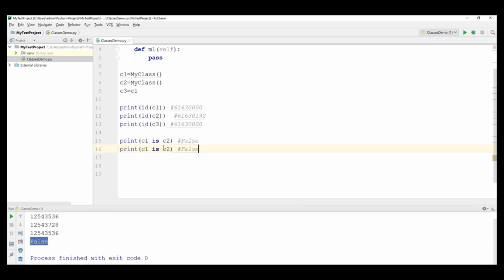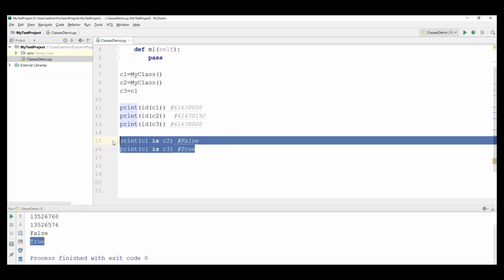Suppose I say c1 is c3. Yes, c1 is c3, and this should return true. So when I run this, it should return true. Perfectly right. And the opposite of this, we also have is not.